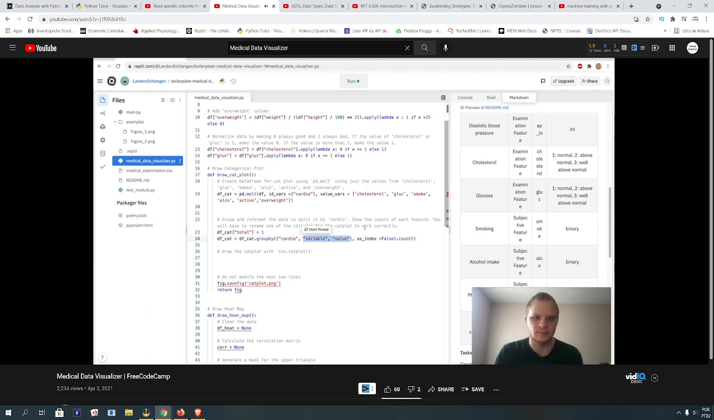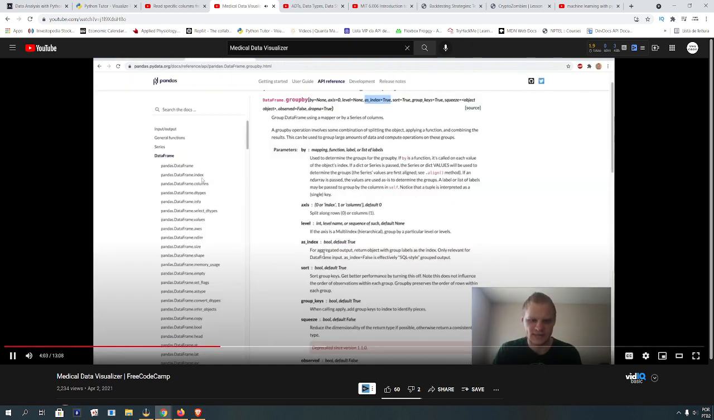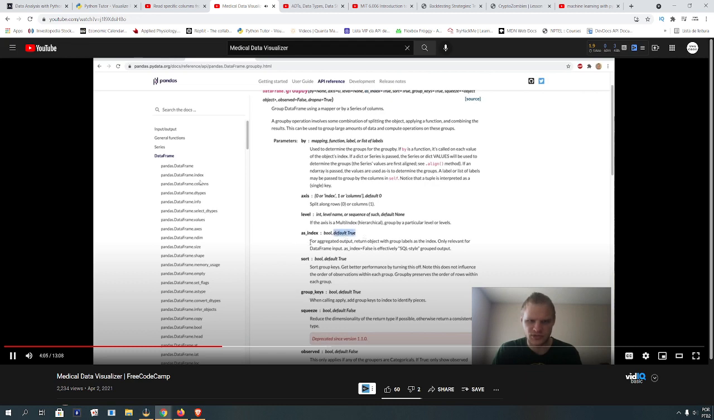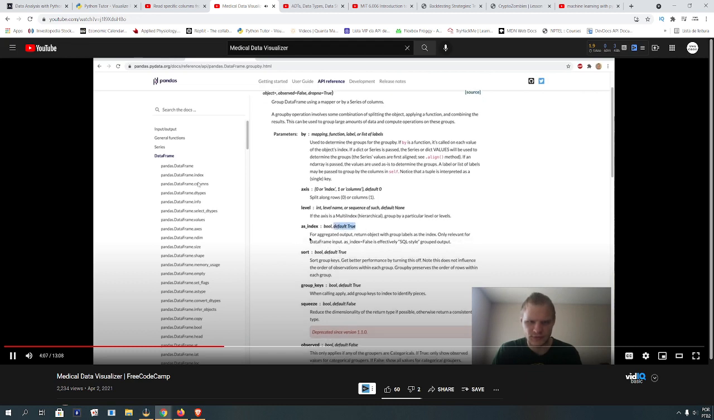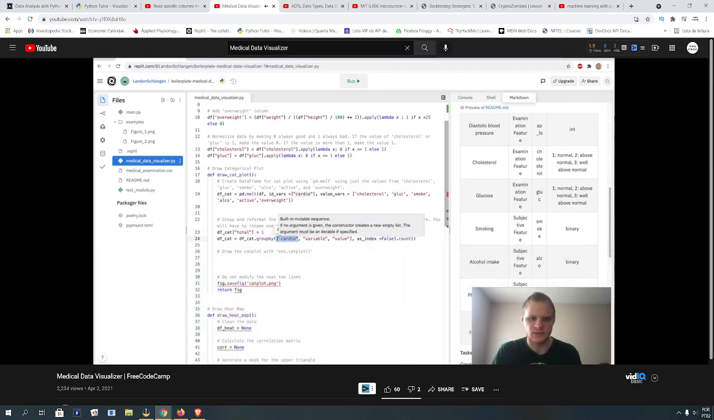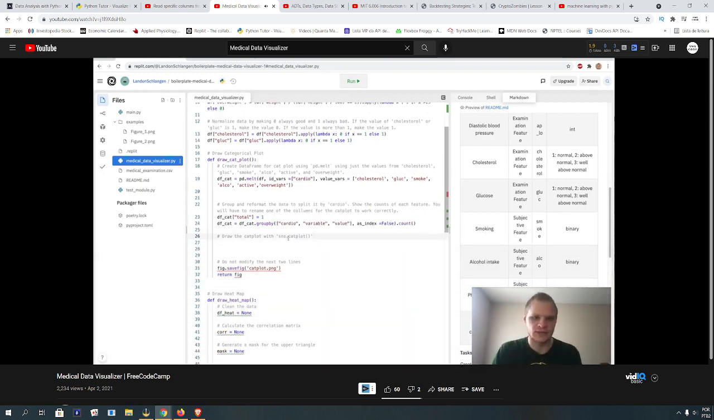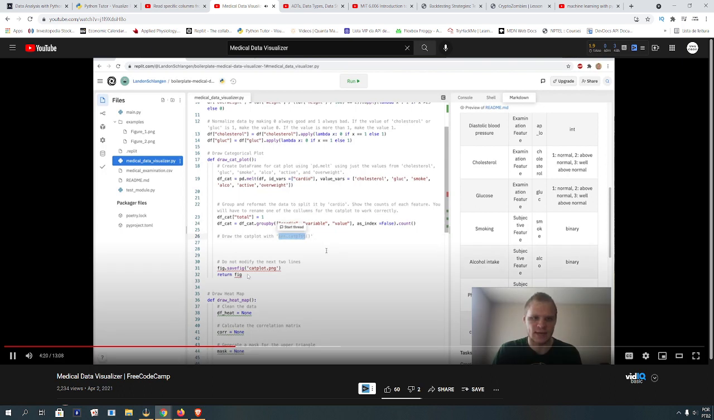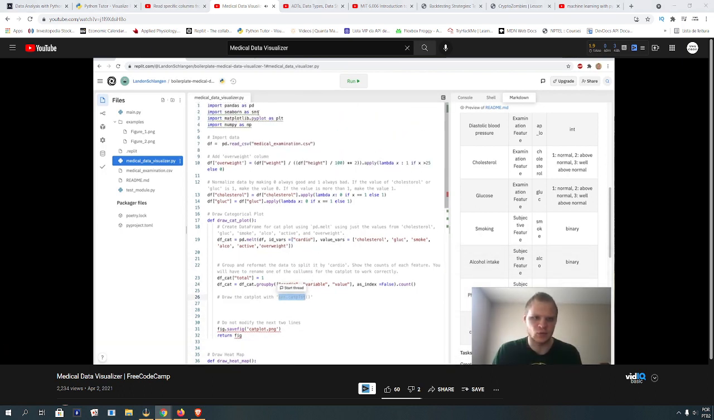data frame. It's kind of weird. As_index equals False, dot count. This as_index thing, its default is True, but we changed it to False. It says for aggregated output, return object with group labels as the index. Okay, so all we want is like cardio to not be the index or something. Something like that. Now we need to draw it with an sns.catplot, and sns is seaborn. And if we look at